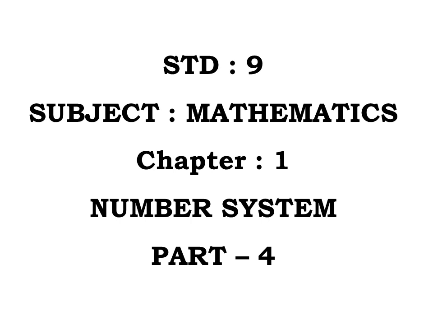This is the fourth video of Standard 9 Mathematics, chapter number 1, Number System. In a previous video, we have discussed the rational number and their decimal expansion. So in this video, we will discuss how we can find a rational number from its decimal expansion and what about the decimal expansion of irrational number. So let's start the video with the first example.